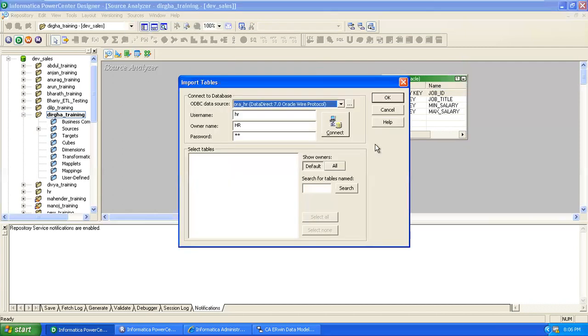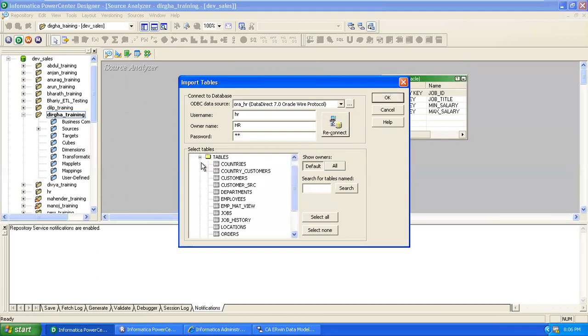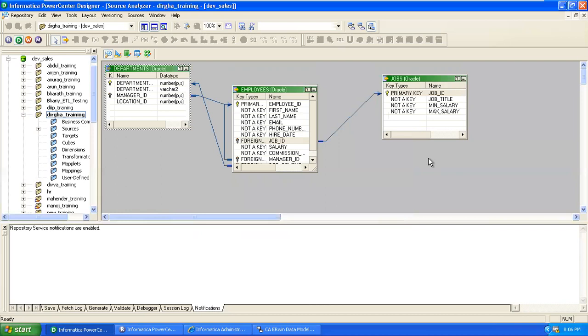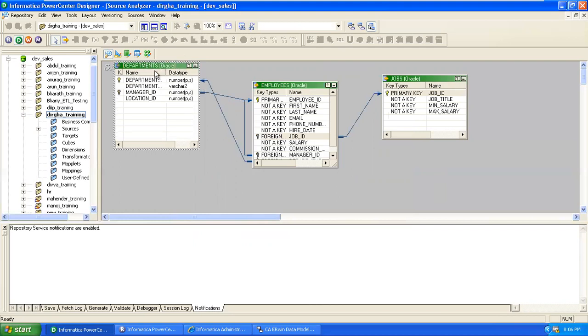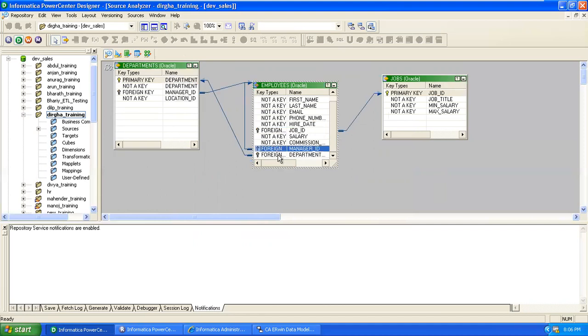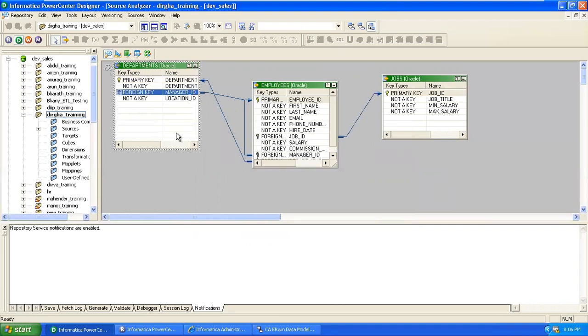Next, many-to-many relationship. I'm importing another table, just showing how relations are defined between the existing data models. You can try to understand how relations are defined on existing data models available in the database. In our technology also, using reverse engineering, connect to the database, import the existing data model into our environment, and read these relations carefully. Also, this is the department table. It has a primary key and it is defined as a foreign key, department, in the employees table. And the employee primary key is defined as a foreign key, manager ID, in the department table, vice versa.